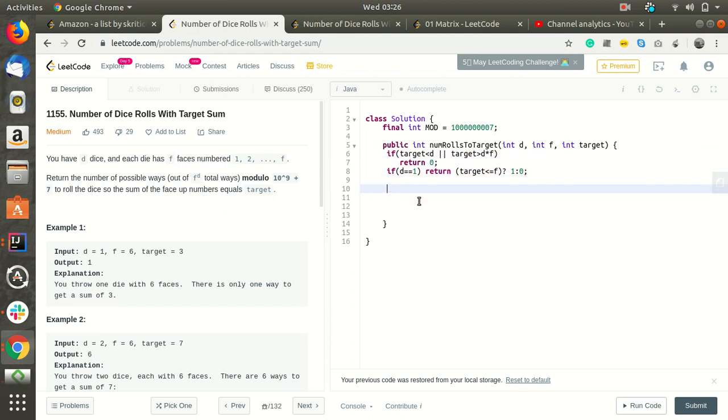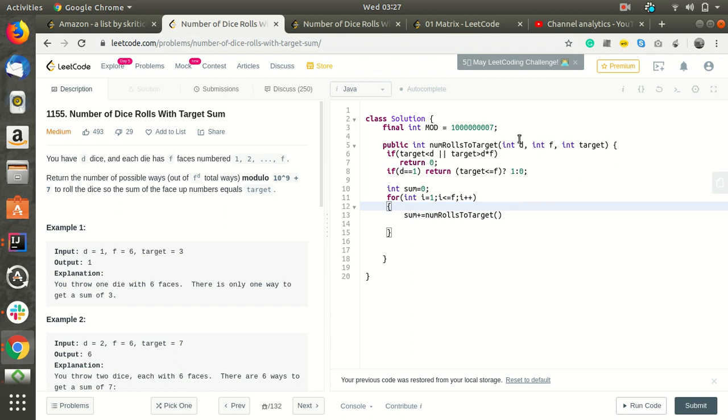Now we'll declare sum equal to 0 and we'll make the recursive call. So how will we make the recursive call? For int i equal to 1, i less than or equal to F, i plus plus, all the possible combinations. What we'll do is sum plus equals number of rolls to the target.